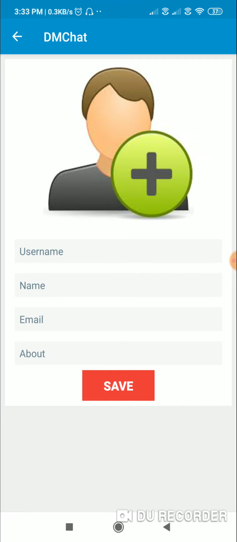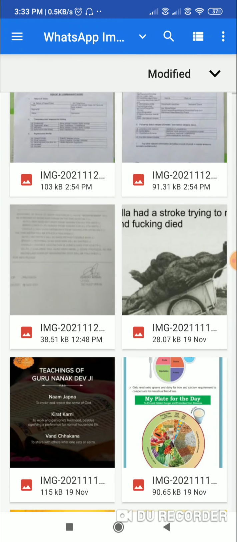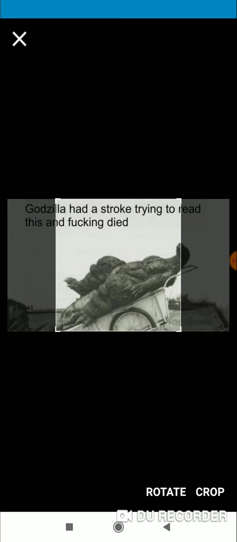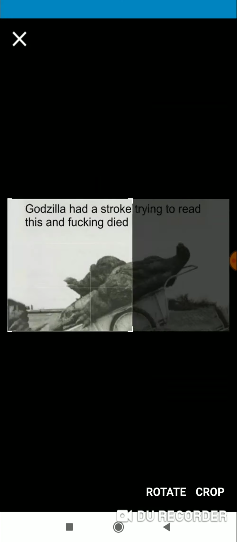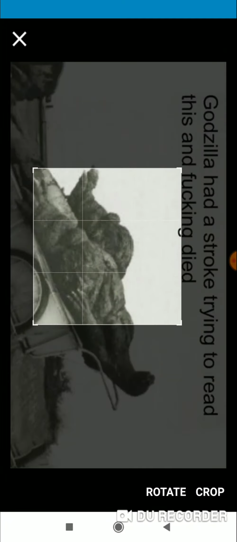Now in my next video, I will show you how to display a full screen dialog with a crop image view. Here when I click on this image and select any image like this, you can see that there is a full screen dialog, and this one is a crop image view. Here I can rotate the image and crop it in a square form so that I can make it my profile pic. So this I will show you in my next video.